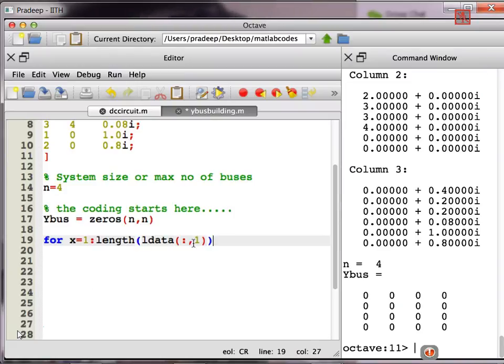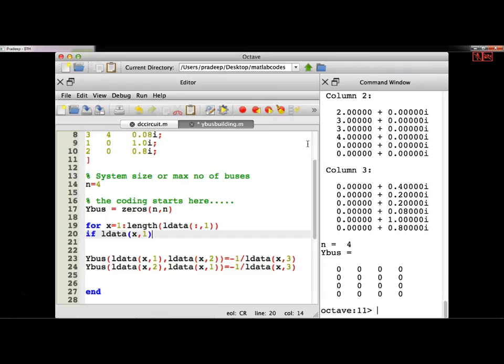So this symbol colon and 1 will take the first column of the line data. I am finding the length of that line data, because I want to know how many lines are there. Okay. So here I'll simply write, or maybe if the second element is 0,